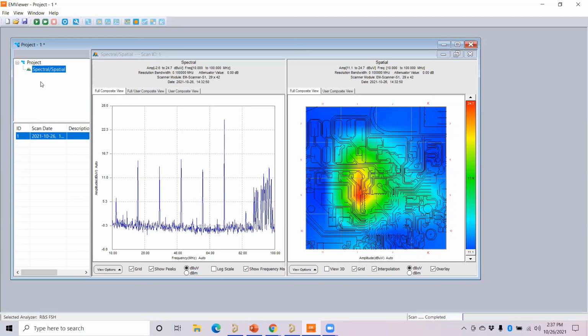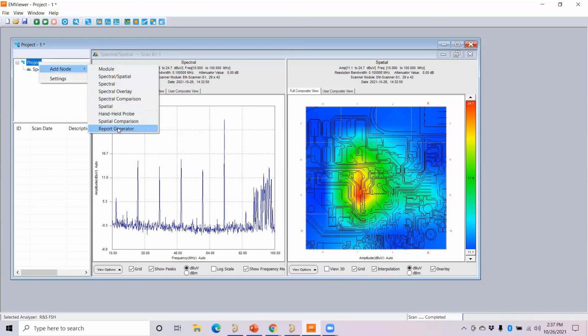Okay, and then if you want to generate the report for this EMI result, the amplitude of radiation, to get the results you can go to the project again. You can go for add node, report generator. Why we are generating is that this EM scanner will help you to find the EMI EMC issues before going to your anechoic chamber. Normally if you go to a chamber, it takes time, and you have to wait in the queue until they do the analysis and find out the problem for you. But this EM scanner is a one-time investment you can buy, and then you can do it in your own lab.